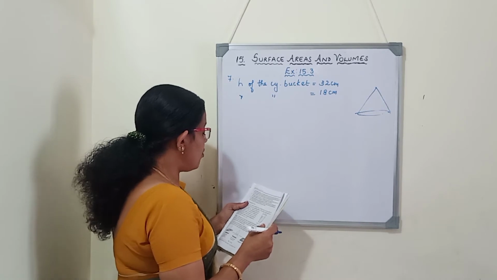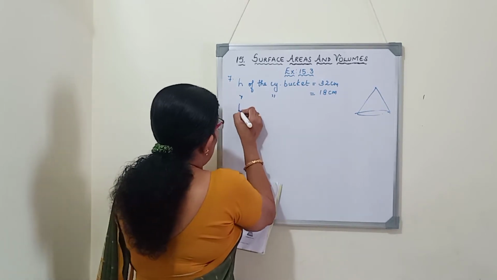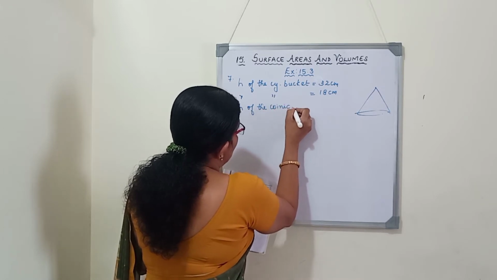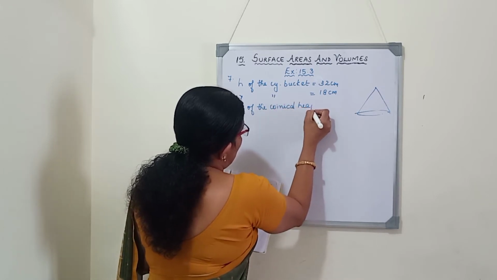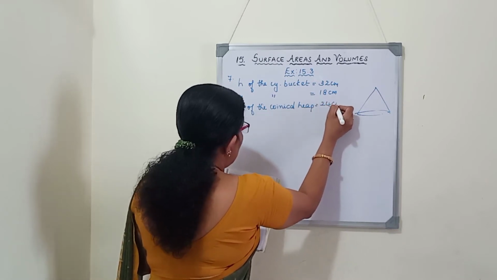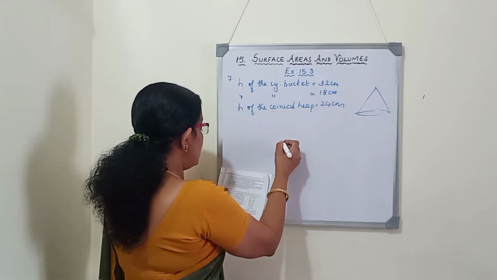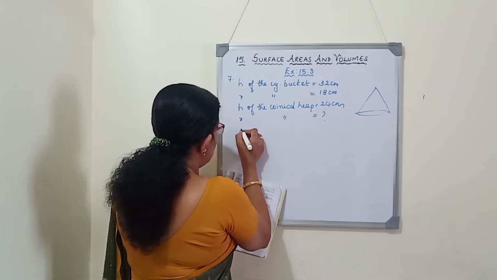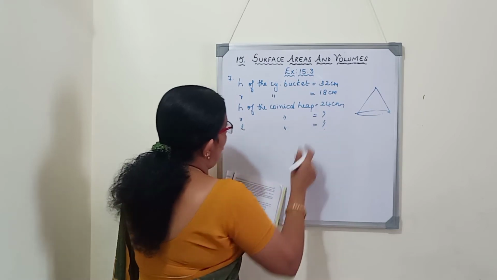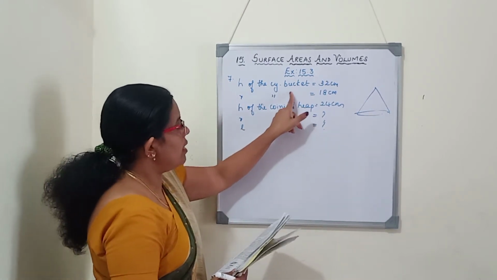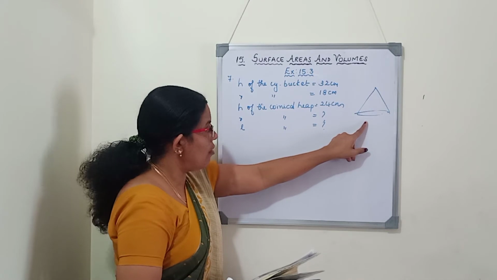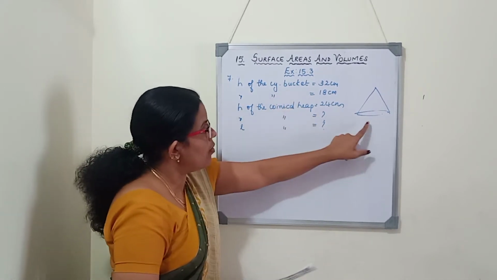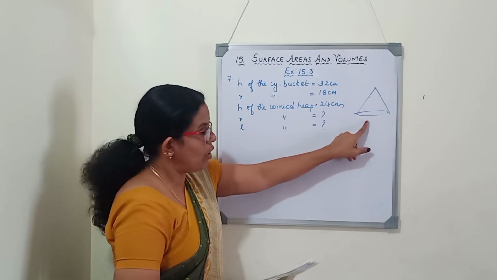So, if the height of the conical heap is 24 cm, find the radius and slant height of the heap. Radius of the cone and the slant height L of the cone we should find out. The sand in the bucket is emptied on the ground in the form of a conical shape. Therefore, volume of the sand in the bucket will be equal to volume of the mud in the conical heap.